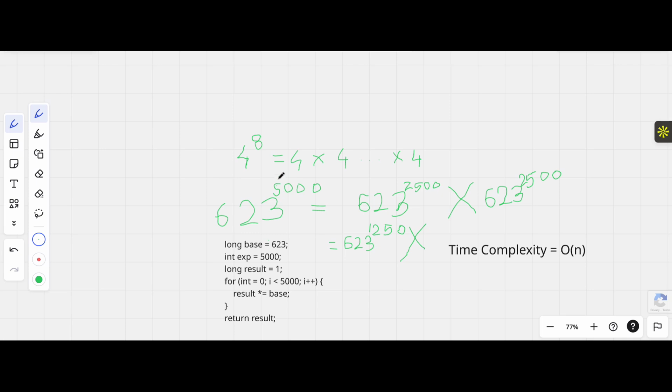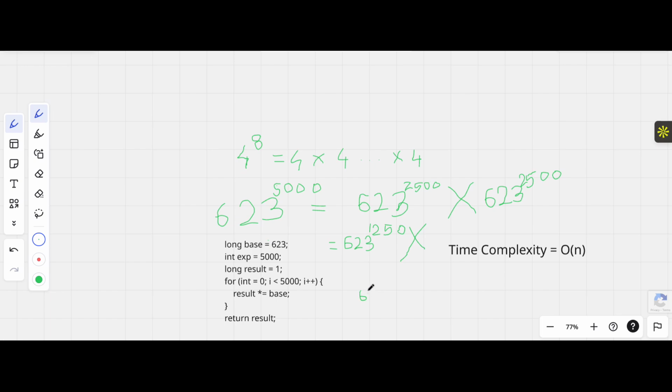If instead of calculating the whole value in one go, we can divide the task in half. So calculating the half value and then multiplying the same half with a half again to get the final result. Similarly, the half which we will calculate, that can again be divided in a sub half, and so on, right? We can further divide this 1250 to 625, then we can divide that again to half, again half, till we reach up to